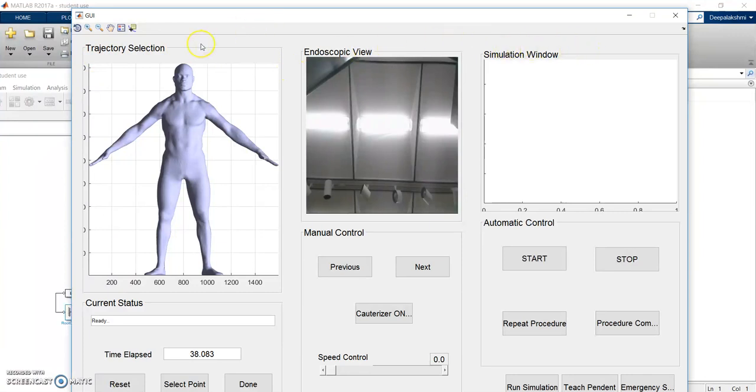window. The trajectory selection is a window that displays the 3D scan of the human body part and allows the surgeon to draw the trajectory for cauterization. The endoscopic view is a window that displays the real-time video captured by the endoscopic camera attached on the end